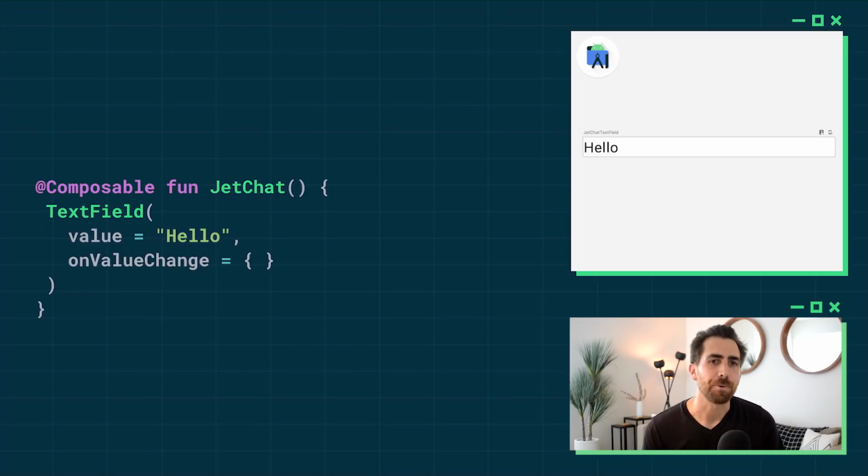So this renders what we want, but it doesn't really behave like we'd expect. When we go and type into this text field, the value of the text field won't actually change. And that's because the value isn't an initial value. It's actually the value of the text field composable. So really what we're saying here is that we want to bind the value of the text field to a